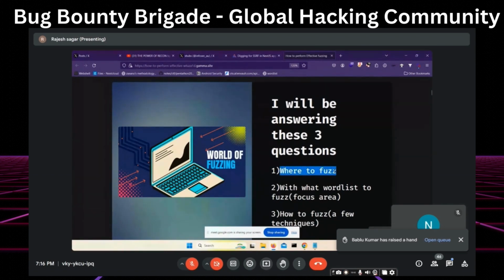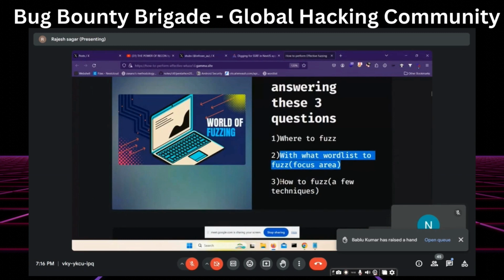First agenda, where to fuzz. Second is with what wordlist to fuzz. And third thing is how to fuzz. See,